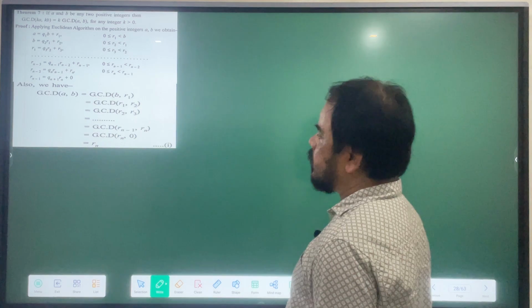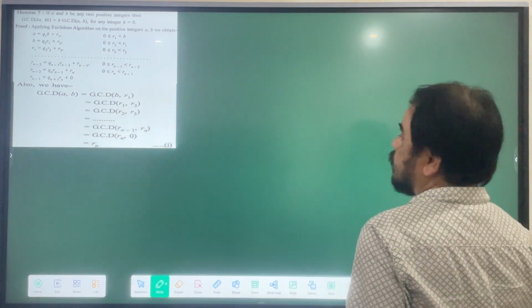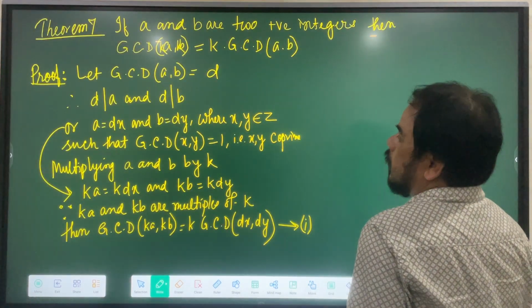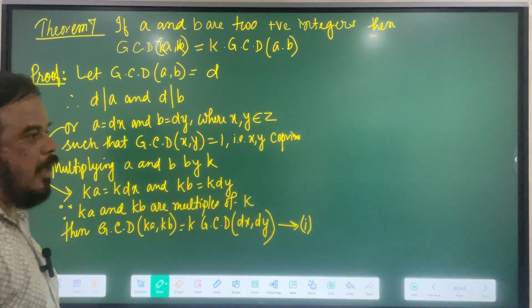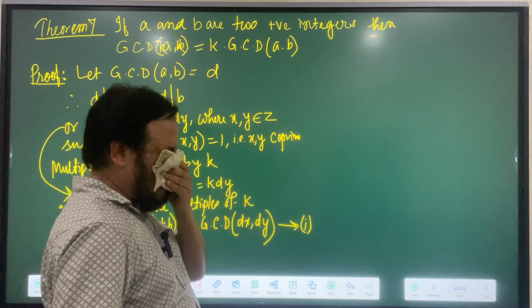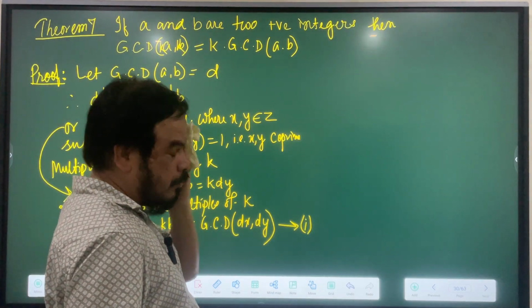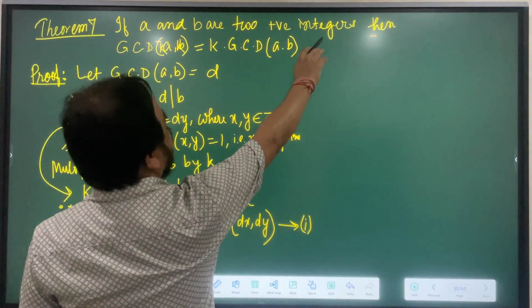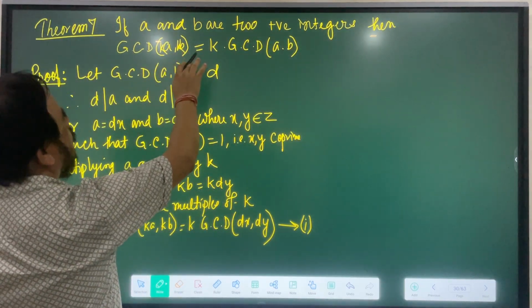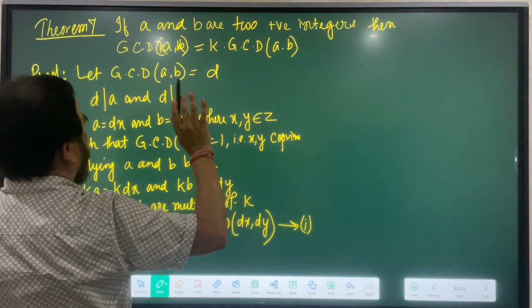Theorem number 7. Theorem number 7, let me do it here. This book one, it is a little difficult, a little complicated. So I will do it myself now so that you can understand. Theorem number 7: if A and B are two positive integers, then GCD of KA, KB equals K into GCD of A, B. That means